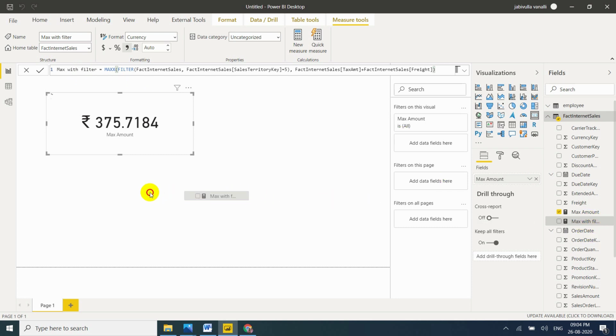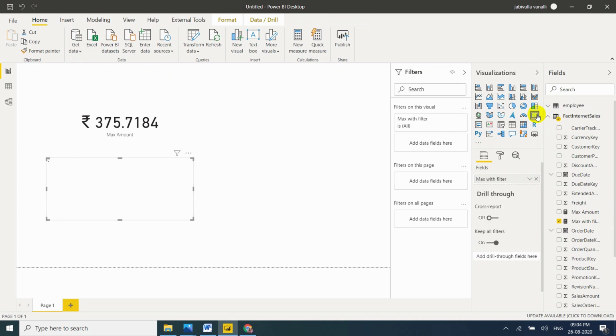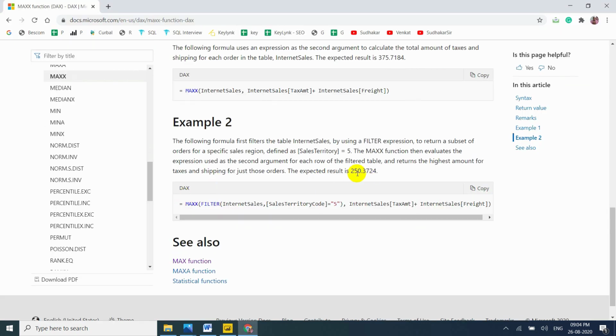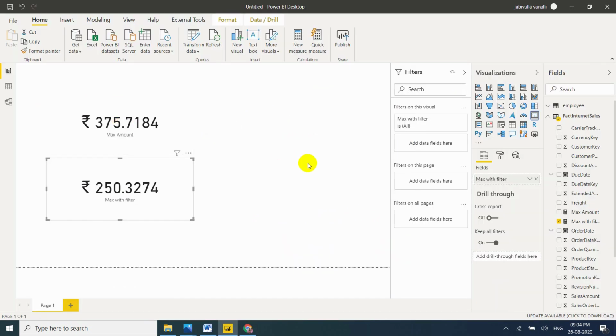Let me drag to report view and convert to a card to display the number. 250.3724. Okay. That is the second example, and the first example gave 375.7184. Correct.